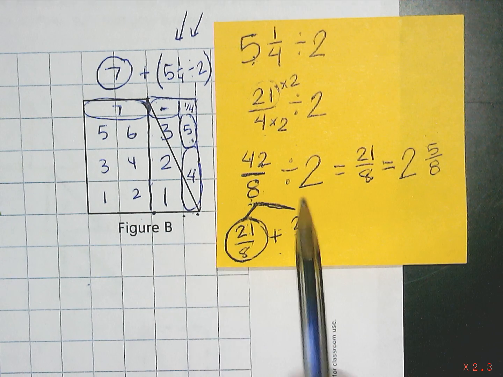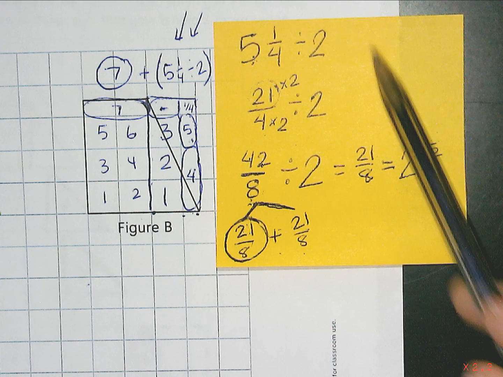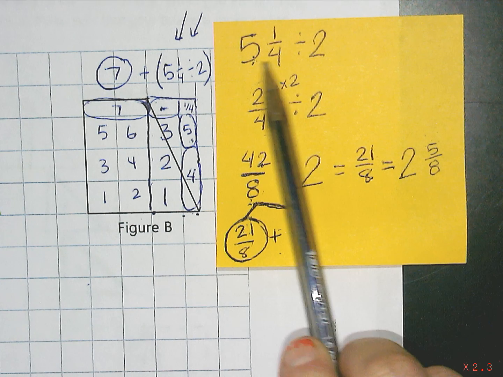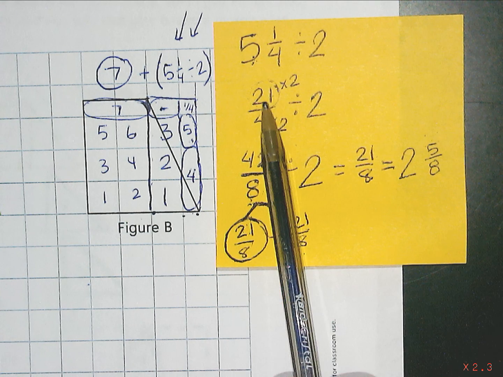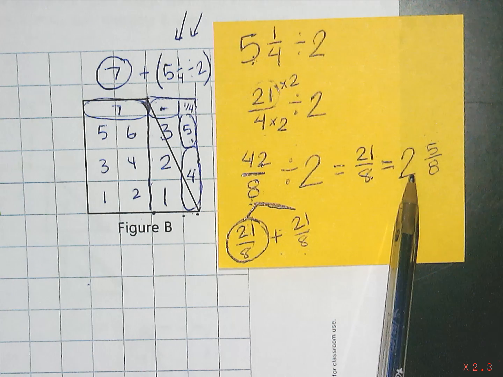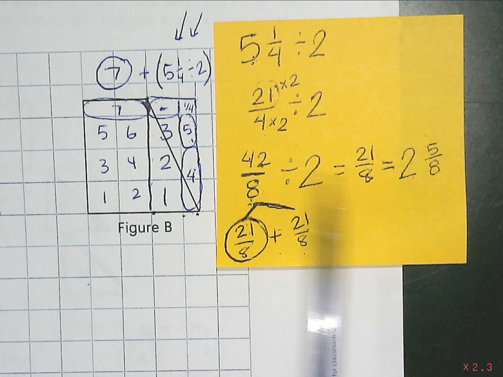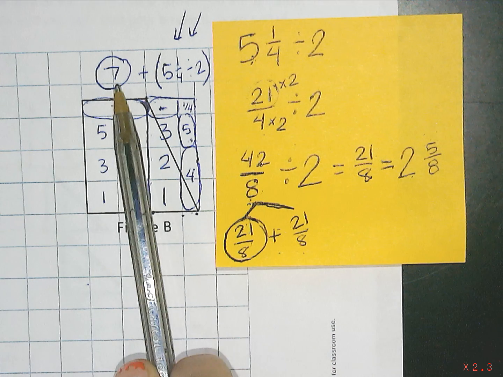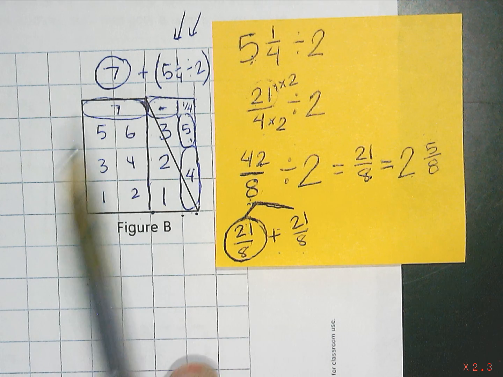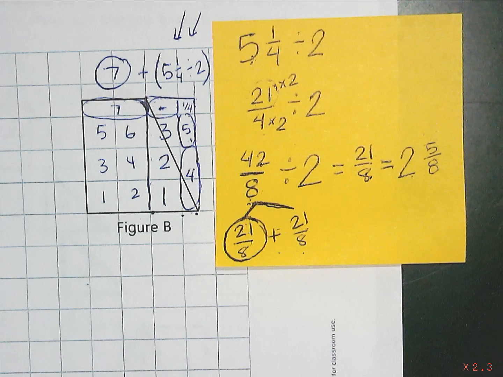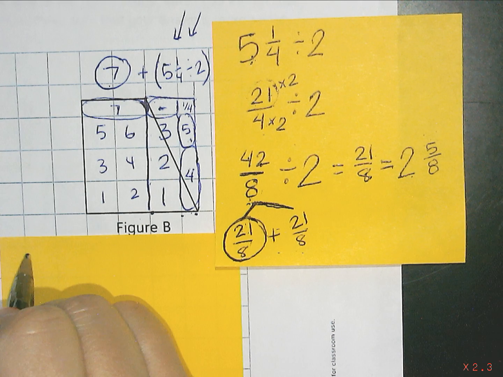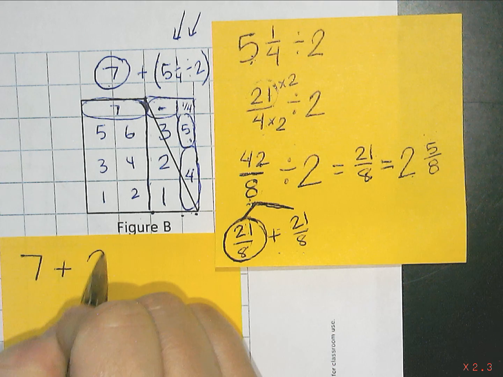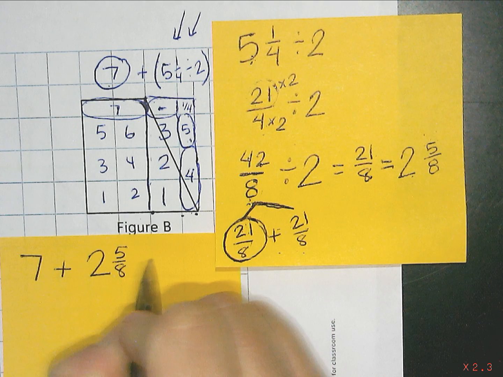If you were struggling with figure B, it probably has something to do with this step right here of figuring out what half of this number is. So now that you have half of that number, I can put my half together with this rectangle. So I'm going to take another Post-it note to do my addition. So I'm going to put my 7 plus my 2 5/8